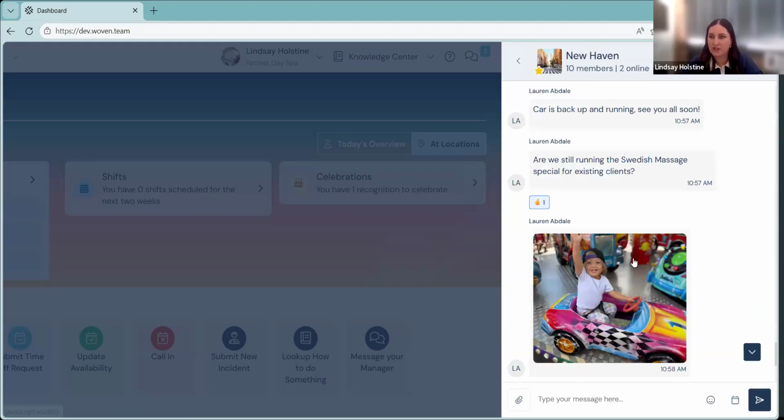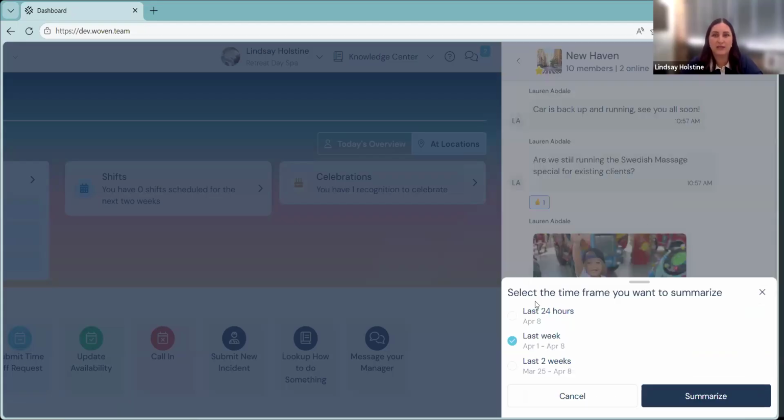Back out here to our main chat, we have one other feature that is newer to Woven. It is an AI summary of a chat. The little three stars at the top right here, if you click on those, you can select the time frame you want to summarize. So this tool really comes in handy for if you're out a day,